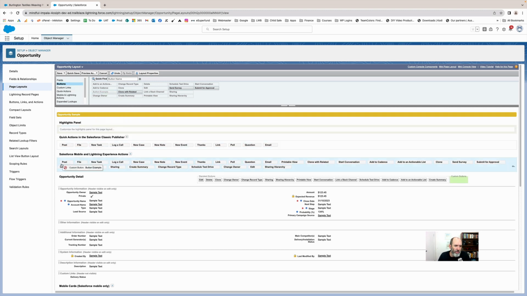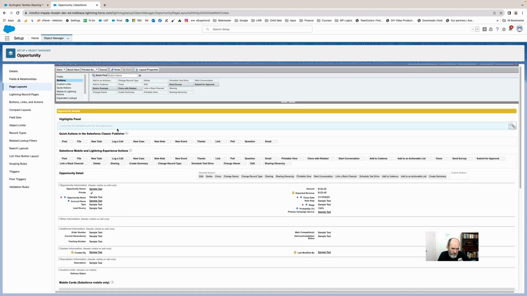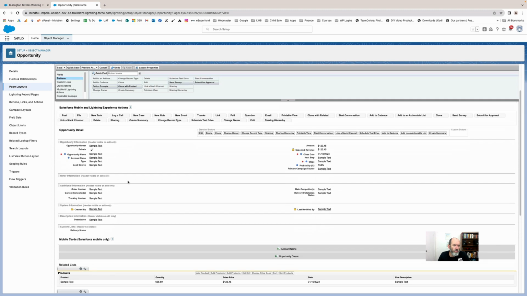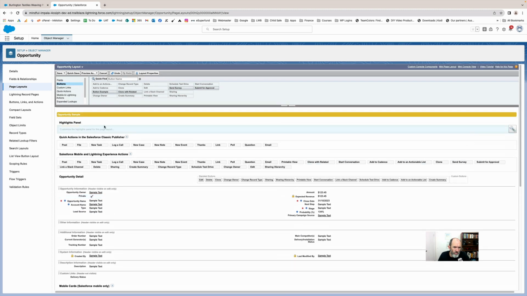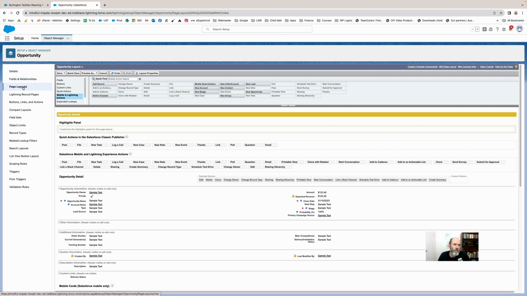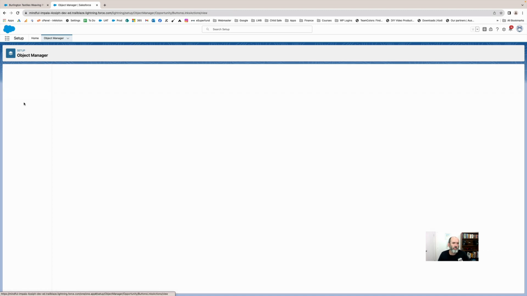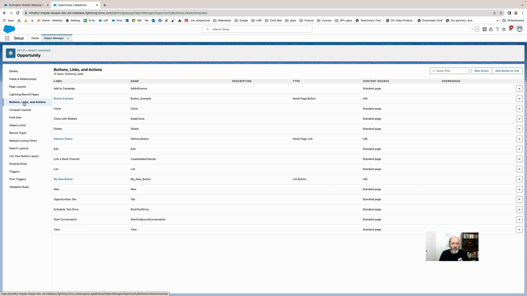I'm going to add it right up here. So now you can see we've got our new button example in the list here, and our next step is